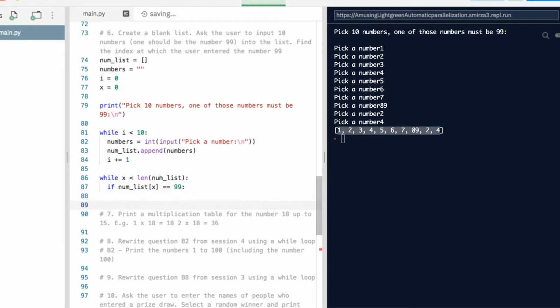So what that statement is saying is x is going to look through the list and then it's going to print if the number of the list where the index is x, it'll look through and say, so this would be x equals 0 here, x equals 1, x equals 2. So it's going to go through each of the indexes and say, does that value at the index of x equal 99? If it does, then we are going to print